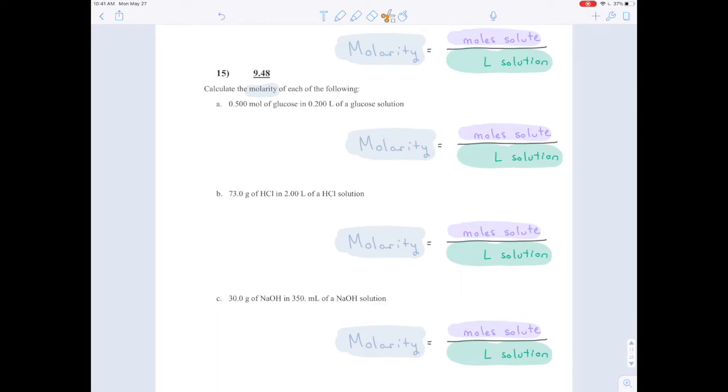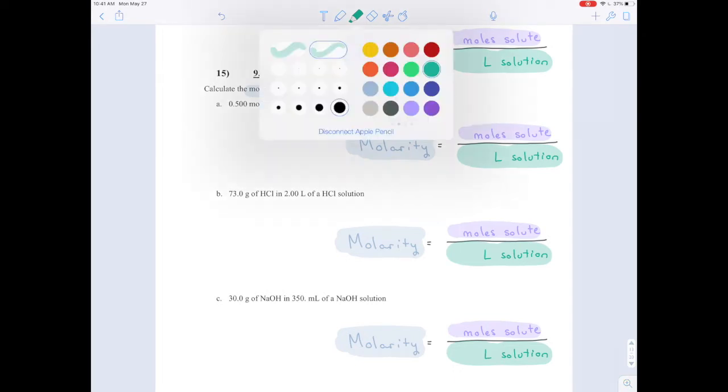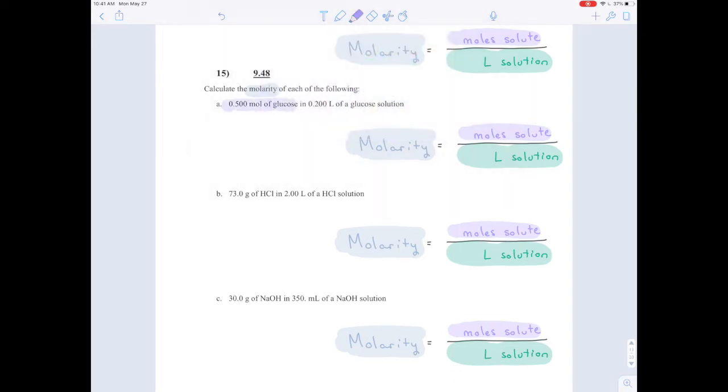All right, so in the first one, they give us 0.5 moles of glucose, and then they give us 0.2 liters of the solution. So we can plug those numbers in. We have 0.5 moles of solute and 0.2 liters of solution, and so that will give us 0.5 divided by 0.2, 2.5